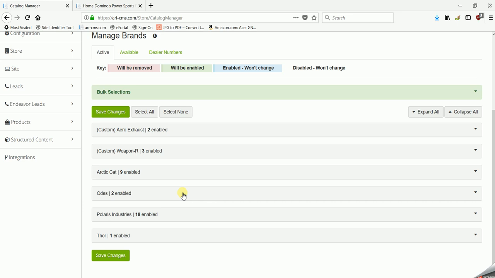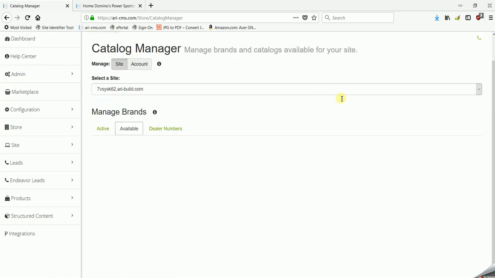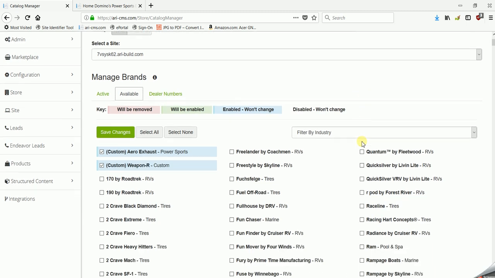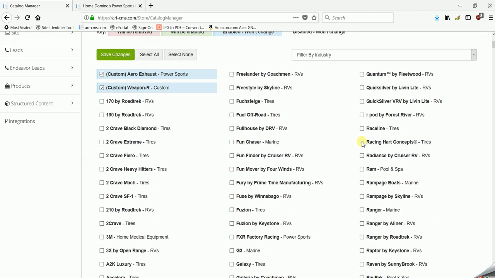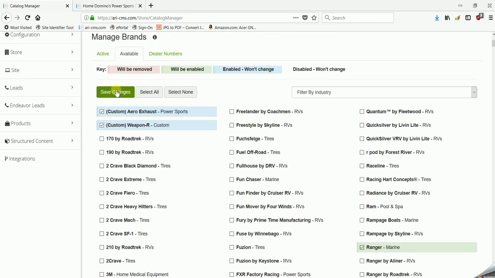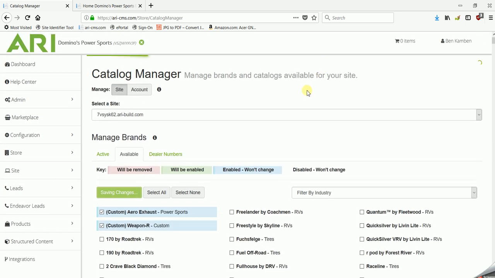If you'd like to add on additional brands to what you have available on your site, click from Active to Available. Once the Available page loads, you'll see a plentiful list of brands to choose from. Just for today, we'll add on Ranger Marine. We'll select Ranger Marine. At the top of our page, click Save Changes. And then once that save goes through, we'll click Back to Active